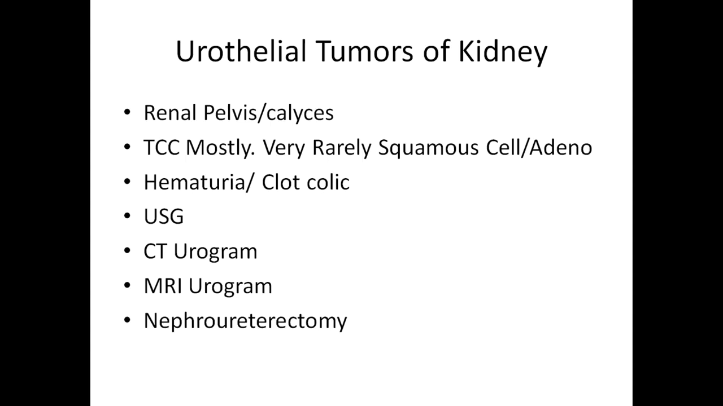An ultrasonogram is a very excellent method of diagnosis in this. A CT urogram, MR urogram, all can give you an excellent diagnosis of urothelial tumors. Not very common, but when an elderly patient comes with hematuria and colics, you should think of a urothelial tumor